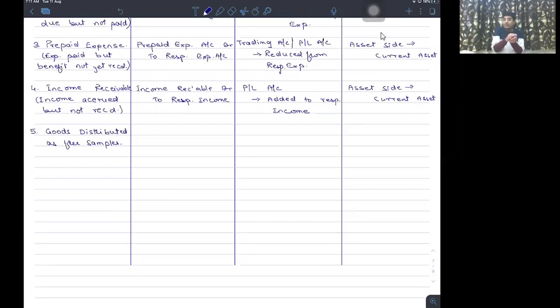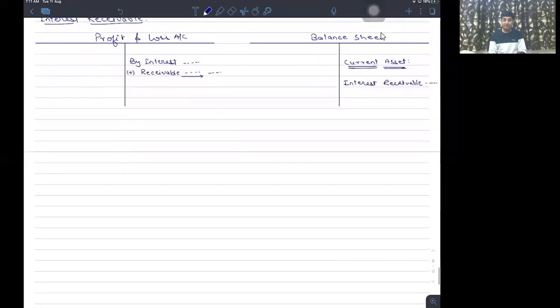Similarly, if there is some subscription which is pre-received but included in the received amount, that is not the income of current year, that is the income of next year or not, so you remove that subscription pre-received at the end. So what you used to do, if you remember, for the subscription case in the NPO,